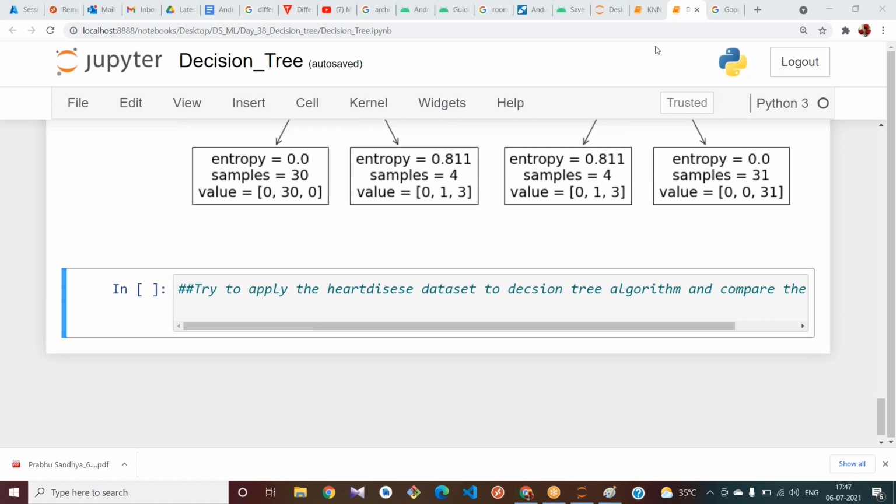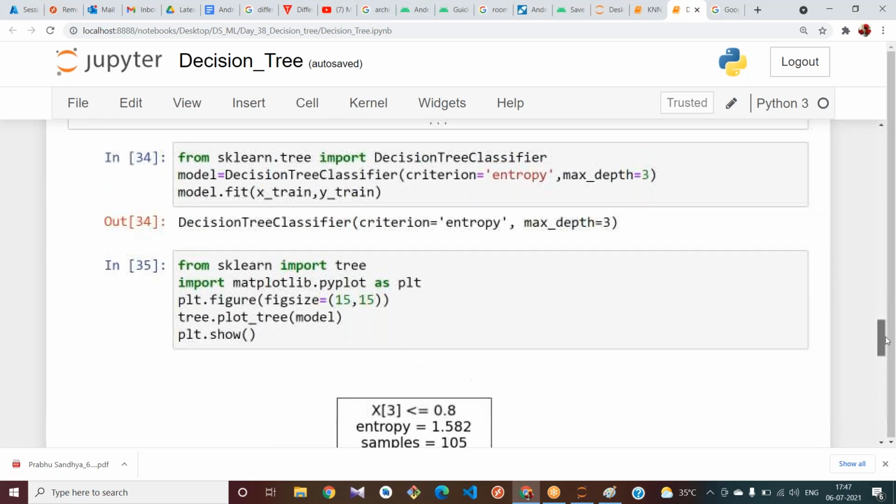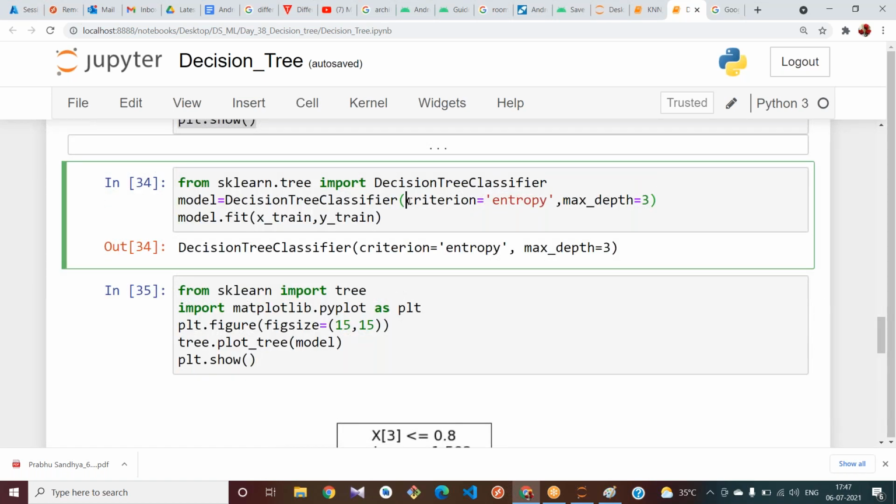See, criterion is nothing but a default parameter, a default argument. This is one parameter. I have already told you the most used algorithms for your decision tree classifier are ID3 and CART, by using entropy and Gini index. We can give that option here.